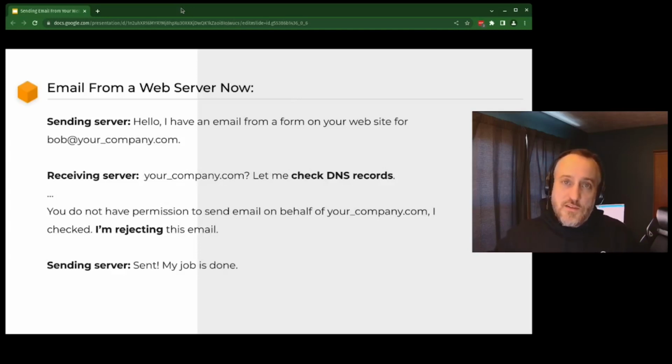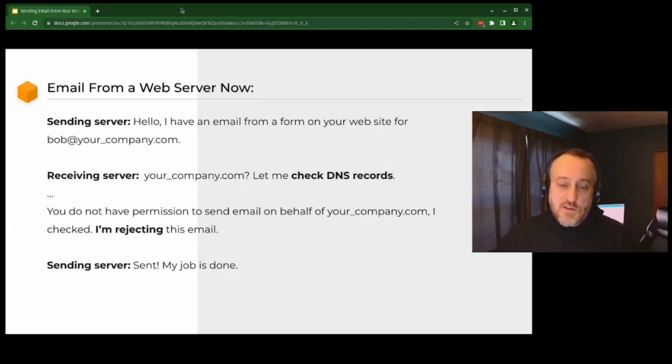Now when you send email today, it's a similar concept, but now we have these wonderful things called spam filters. The sending server says, hey, I have an email from your website for bob@yourcompany.com. The receiving server says, yourcompany.com, let me check DNS records. It looks and says, why is email coming from the web server? That's not where the mail should be coming from.